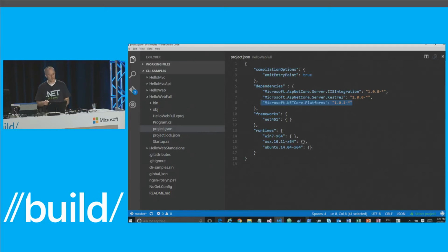And I asked the devs, what is that thing? And that thing has, it's complicated. No, that thing carries in it the runtime ID graph. It has all the data that we need to understand how these runtime IDs should be processed. And that's really all it carries with it. So it's fancy voodoo to make restore and publish work is the best way to think about that thing. But you're not actually going to be using the packages that come with .NET Core in this case, because you're just going to be using the binaries that come from the .NET framework, the things that are